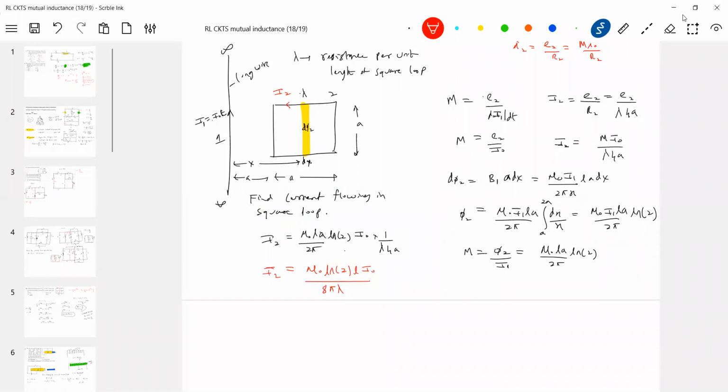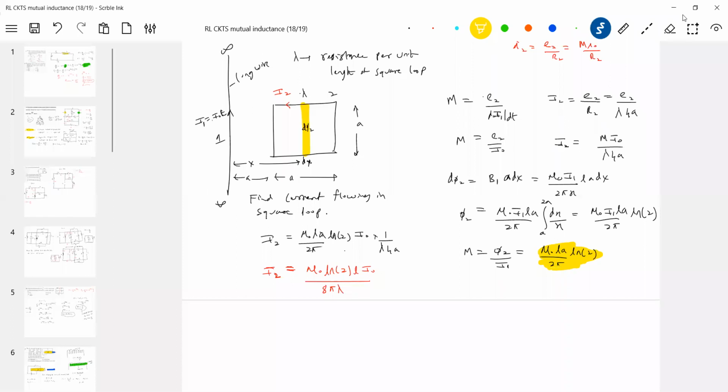Can you find the same thing by any other method? I should calculate the flux as a function of time here, then differentiate. This will be much easier, no? So it suggests that irrespective of the current, if you know the mutual inductance M, it'll be quite easy. To get that E2, what should you do? E2 equal to M into di1 by dt. So for a pair of current carrying structures, I'll calculate the mutual inductance so that the calculations